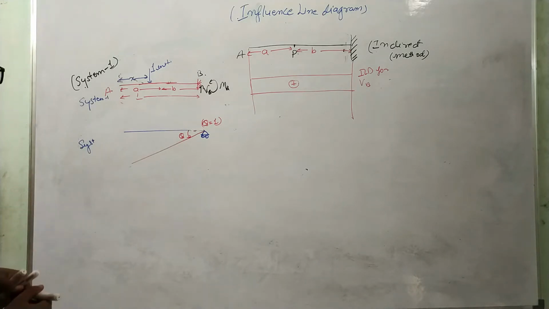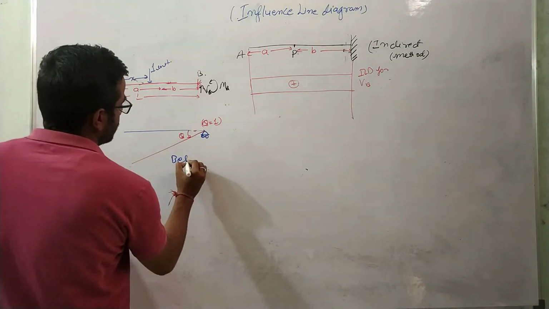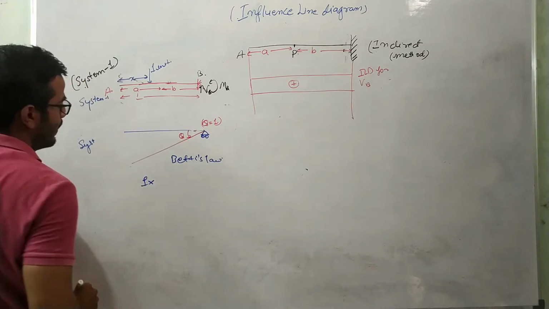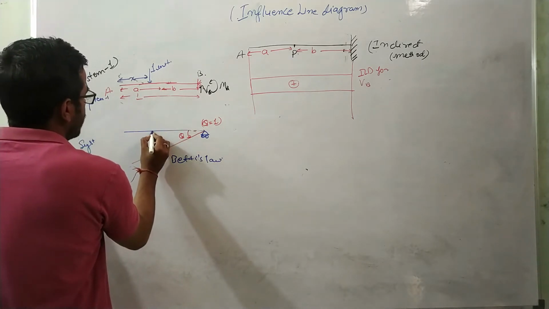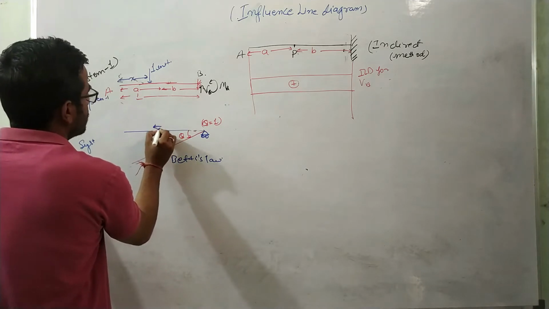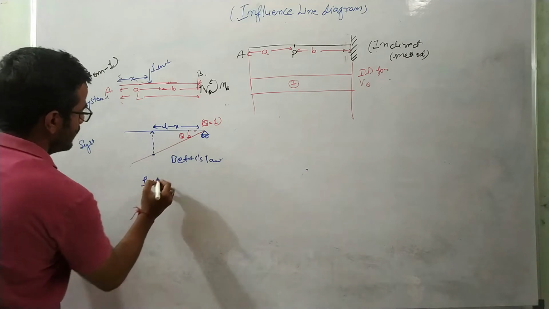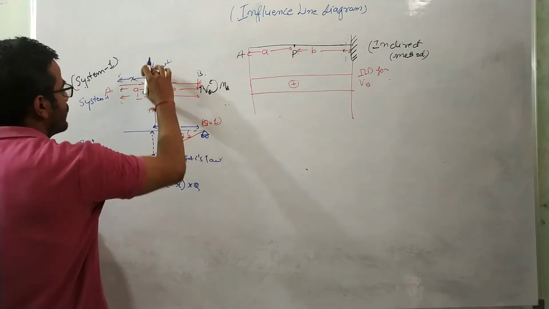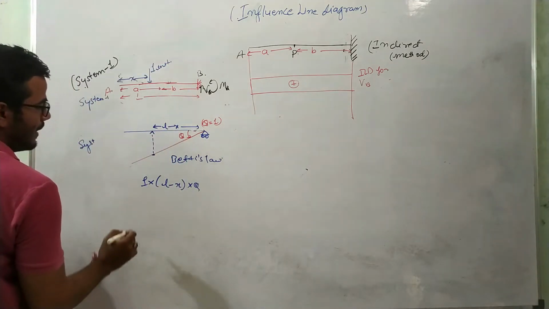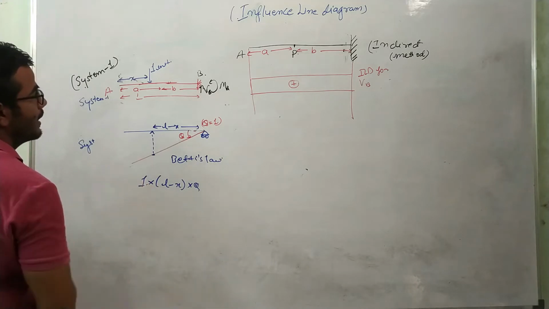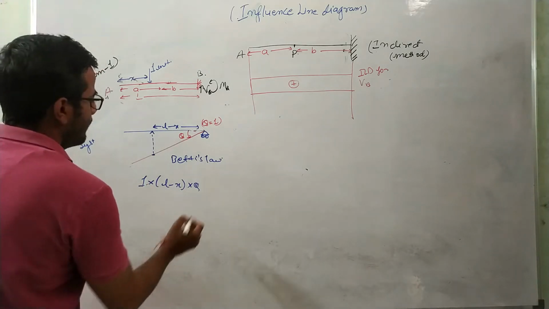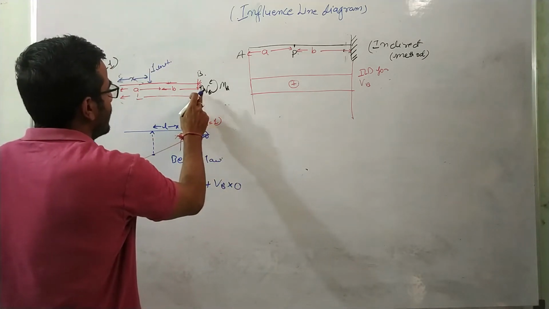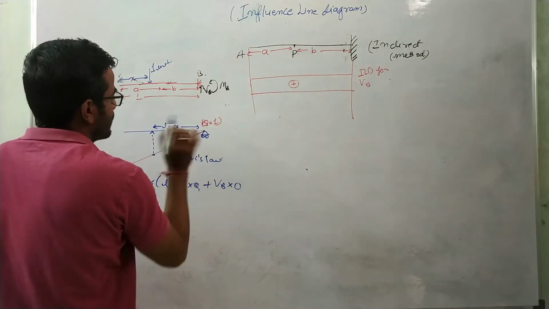So if we apply again Betti's law, as per Betti's law, the force in system 1, the unit load, multiplied by its displacement, which is nothing but (L minus x) into theta. There will be no negative sign because displacement and force are in the same direction. So 1 into (L minus x) into theta, plus VB into 0, because there is no vertical displacement at this point. VB is acting at point B, and there is no vertical deflection in system 2, right?